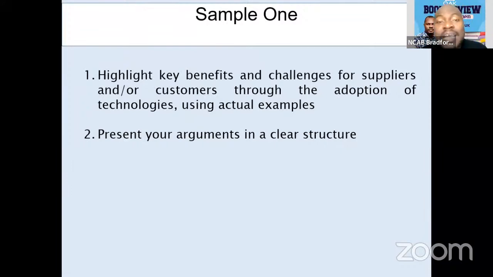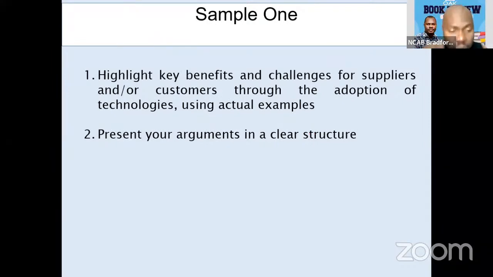For example, what are the challenges of artificial intelligence on suppliers? You might give examples, and those examples might be a case study. It might be from your experience, using a particular company, for example, as a case study. We will be happy to see that, because then we'll know you actually know what you are talking about. We are not just asking you to write. Use actual examples where possible.